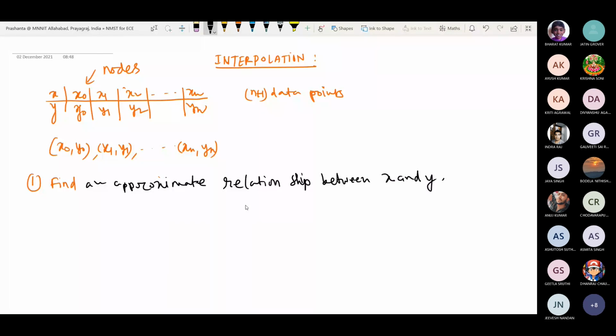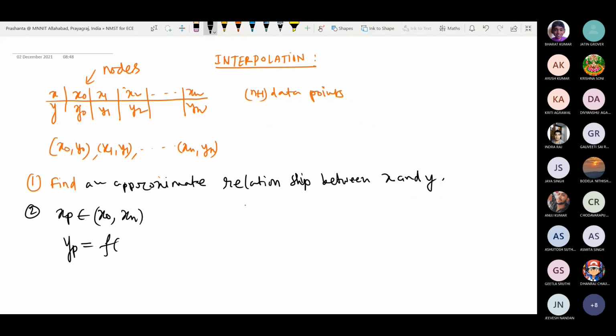As from next first question, you can answer the second question. So if I give you some in-between point xp, which is lying between the starting point x naught and end point xn, the nodes, and you assume that the nodes are in increasing or decreasing order in a certain manner, so that you can take an arbitrary point xp lying between x naught and xn. If I ask you what will be the corresponding output yp,